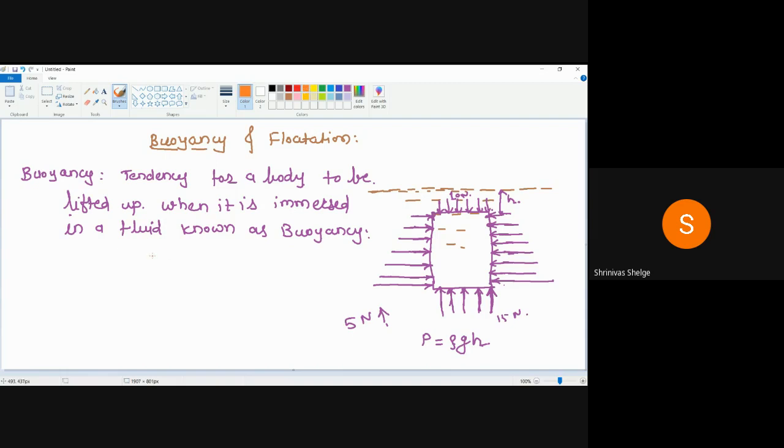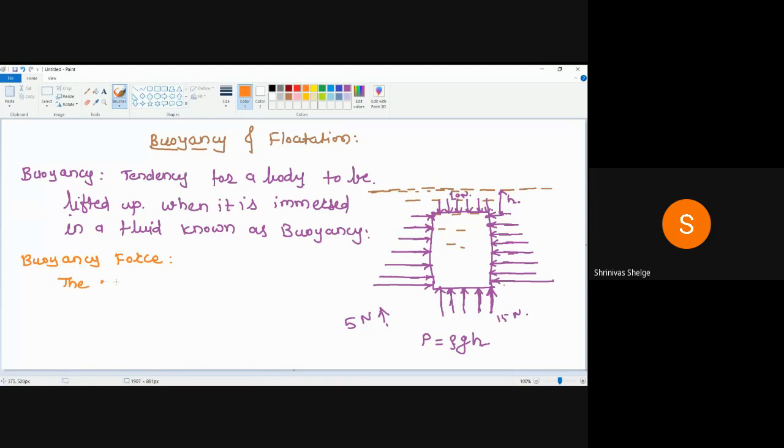So next is what? Buoyancy force. Correct. So what is buoyancy force? I will write it down here. The force which tends to lift up the body when it is immersed in the fluid is known as what? Buoyancy force. So why does buoyancy occur? Due to this force. And that force which tends to lift up the body when it is immersed in the fluid is known as what? Buoyancy force. So I will write down here: